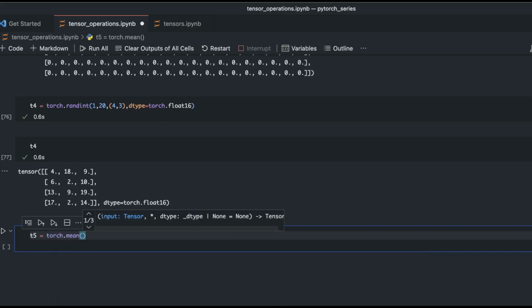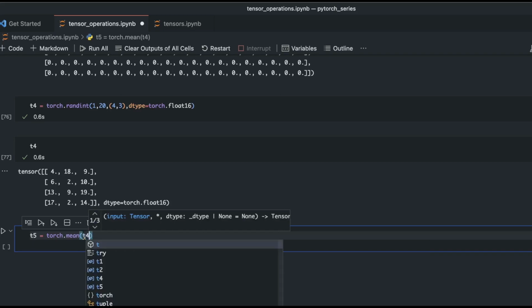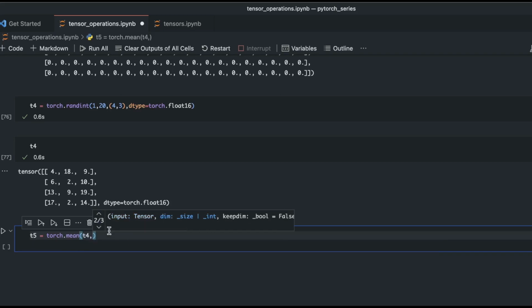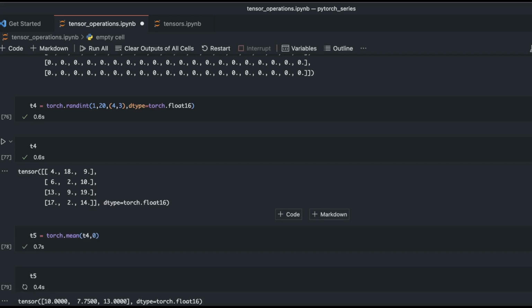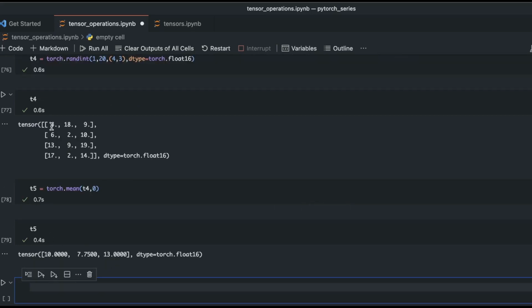Now in order to calculate the mean, we'll be using the torch.mean function. The mean can be calculated in two ways. We can either calculate the mean for the 0th axis or the first axis. So we can either do it horizontally or vertically if you want to visualize it that way. I would go ahead and pass 0, and as you can see, it has summed up in this tensor in the vertical way. If we calculate the values, you'll see that 6 plus 4 is 10, and then there's 17 and 13, so that's 30. So 30 divided by 4, and you have 30 divided by 3, and you have